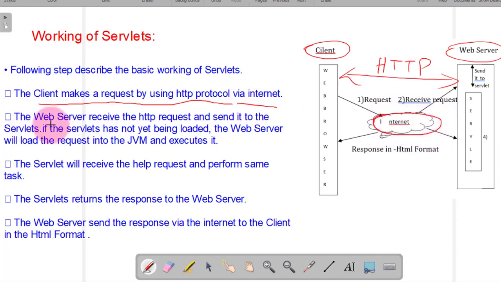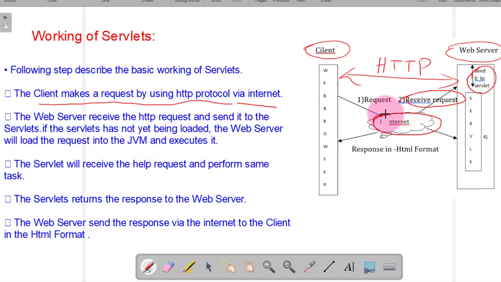Now, the web server receives the HTTP request. In the second step, the web server will receive the request and send it to the servlet. If the servlet has not yet been loaded, the web server will load the servlet into the JVM and execute it.